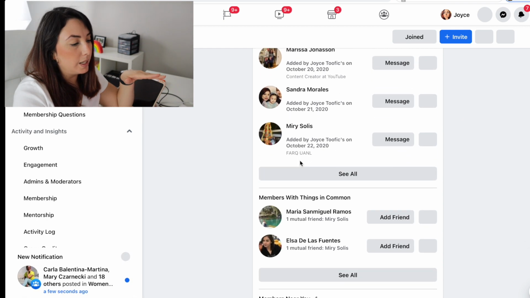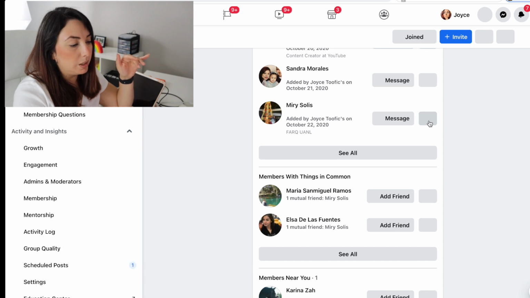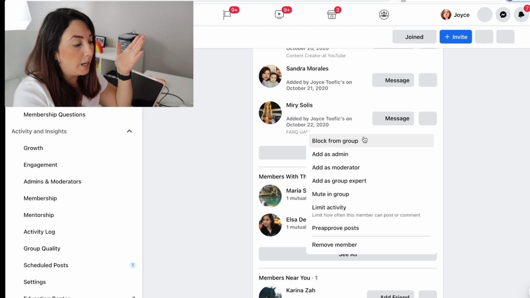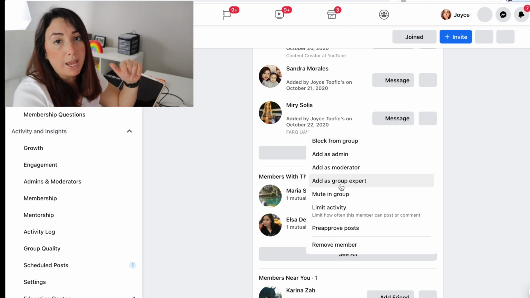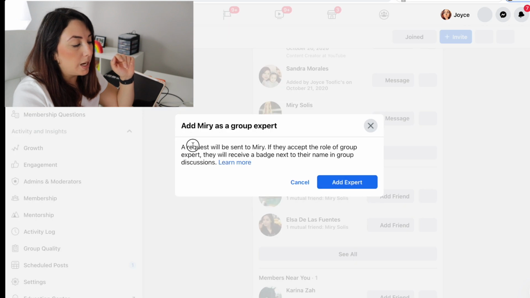Okay, so I'm gonna select a member here and I'm gonna click on this button right here. I'm not sure why it is gray, but I'm gonna click on it and add it as a group expert. I'm just gonna select this option right here and a request will be sent to this person, and if they accept the role of the group expert, they will receive a badge next to their name in group discussions. So I'm gonna click on the Add Expert button